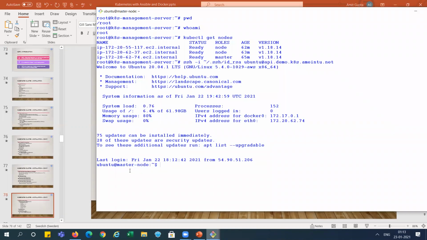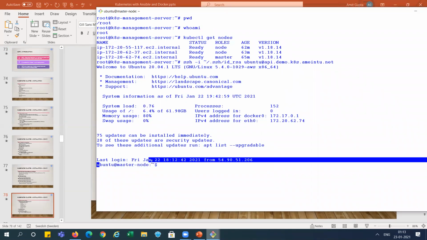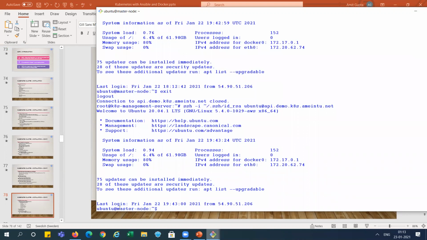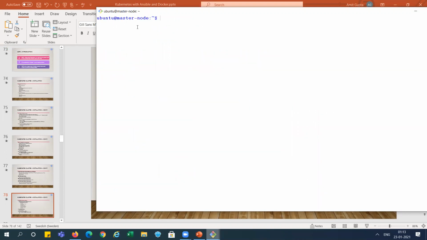You can see we are connected with the master node, right? With the Ubuntu user. And if you write exit, then we are connected to the management server again. And if we run this command again, then we move directly to the master node. So we have reached the master node.